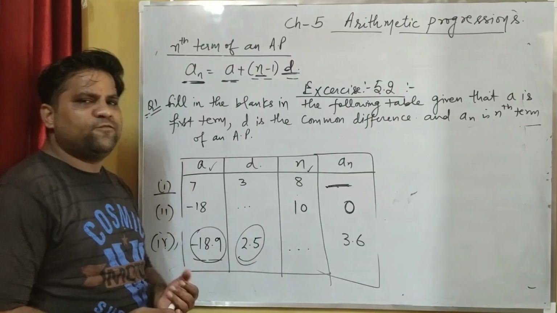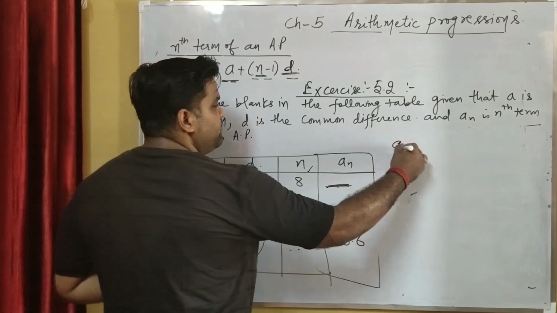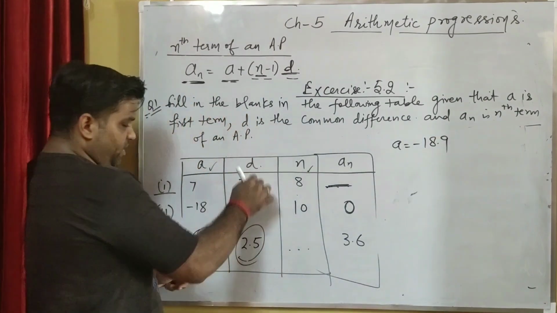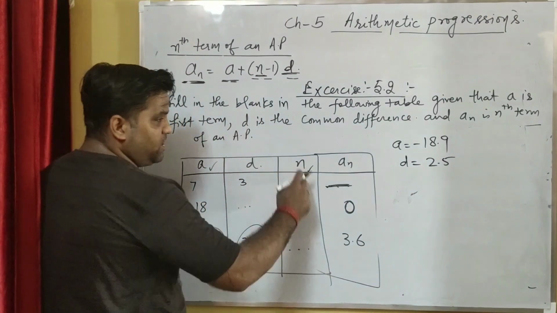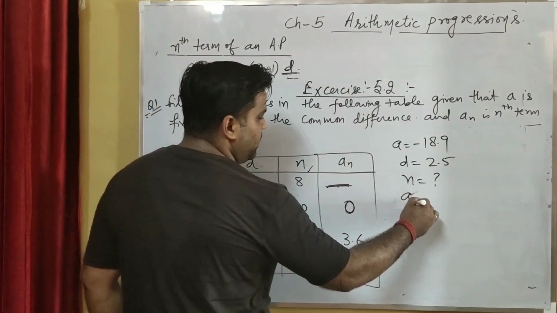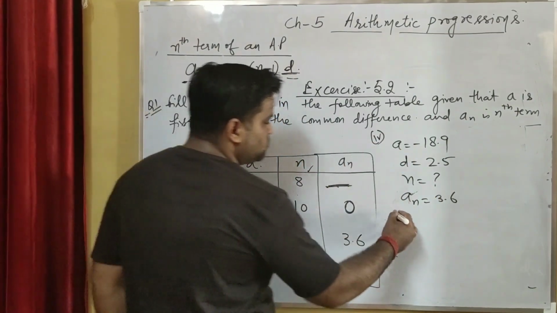Now the fourth part of that question. Here the first term A is given, which is equal to minus 18.9. Here D is given, which is equal to 2.5. Here n is not given, we have to find n. And the nth term of the AP is given as 3.6. It's the fourth part. So we know